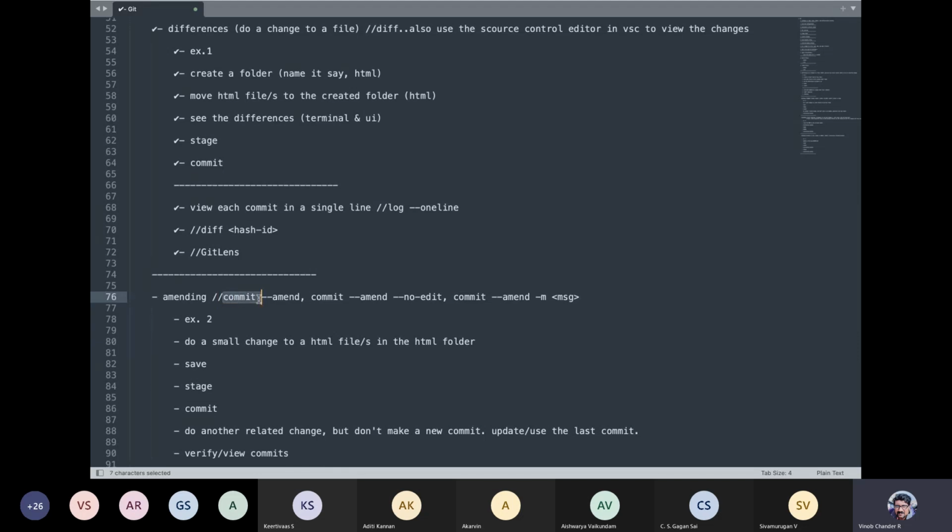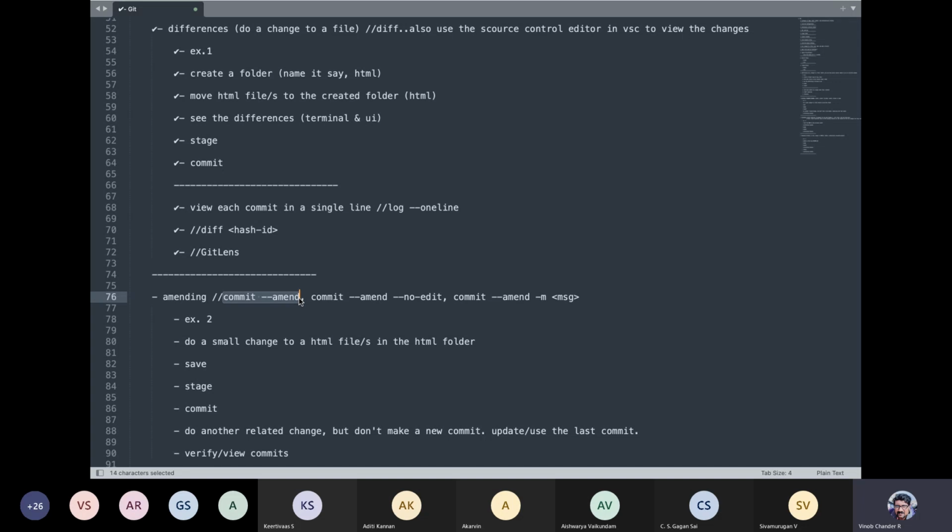So the command is commit followed by hyphen amend. It will fire up your default text editor, and using that text editor, it will allow you to amend the commit message. If you do not change the message, it will be the same message, and you will have your changes reflected there.